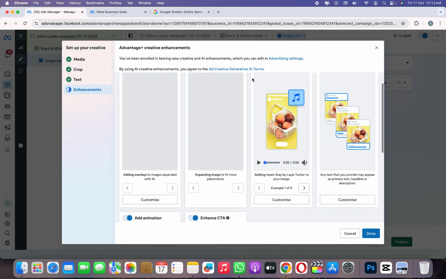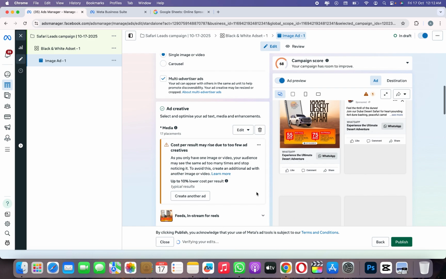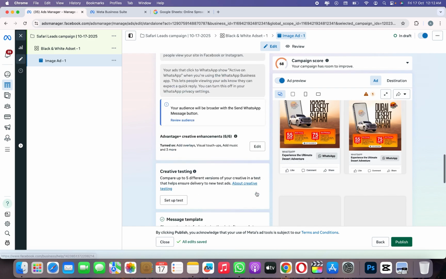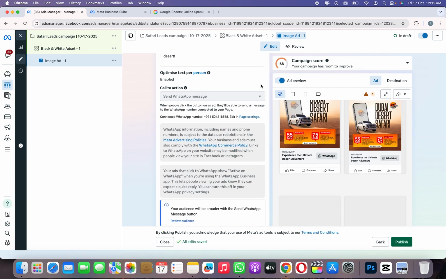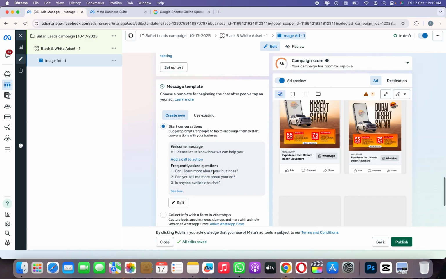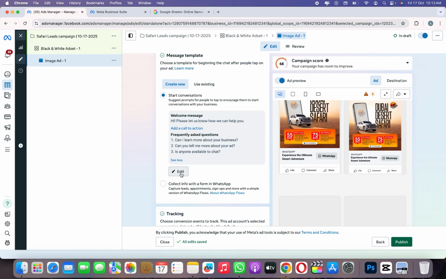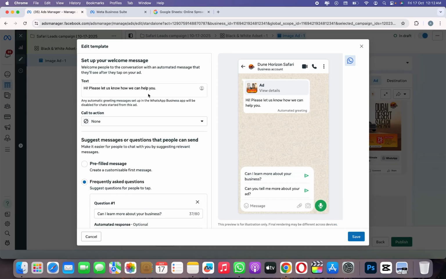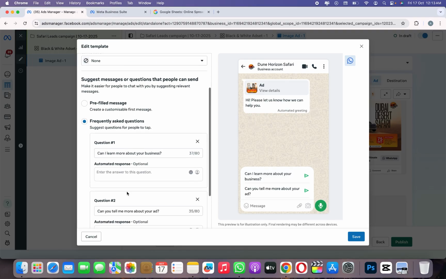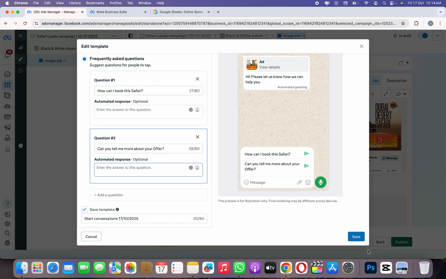You have to turn on these enhancements and done. That's all okay. You can also create a WhatsApp message template, like what kind of message they can send. So you can simply edit, and you can add your text template here, like please let us know how can I help you. It's automatically getting from your side, and as customer can send you these kind of questions. So right now I just want to keep these two. Click save,